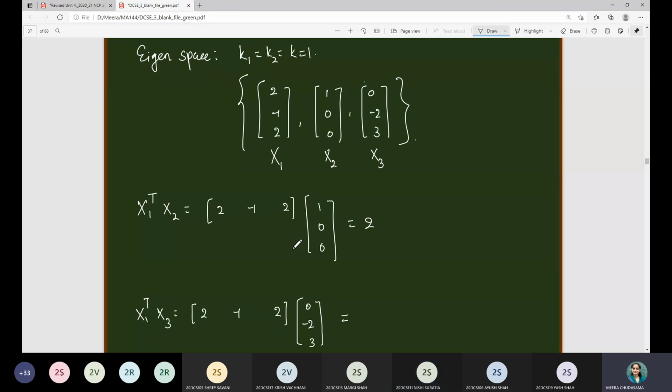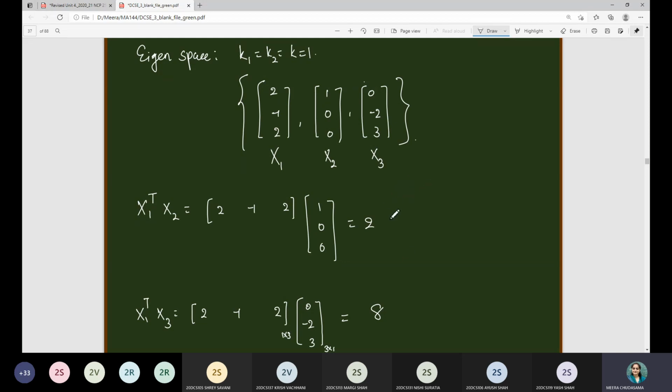कैसे किया मैट्रिक्स मल्टीप्लिकेशन? First of all this is of order 1 cross 3, this is of order 3 cross 1, so resultant matrix will be just 1 cross 1 matrix, that is a number. So 0 into 2, that is 0, minus 1 into minus 2 is 2, 2 into 3, that is 6, so this one will be 8. मैट्रिक्स मल्टीप्लिकेशन जब रिवाइज करवा रही थी तब आप लोगों को लग रहा था कि मैडम ये क्या कर रहे हो, but it is required here, you are not able to answer this one.